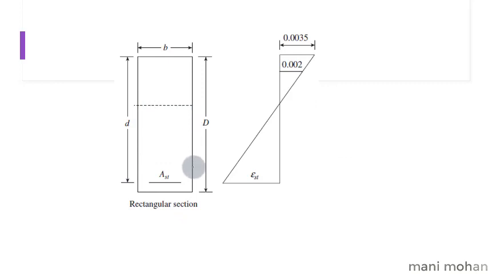Consider a singly reinforced section in which the reinforcement has been provided at the bottom. Now, this section is subjected to ultimate load. Under the action of ultimate load, the strain distribution diagram of the section has been made. So, this is my strain distribution. At the limit state of collapse, my maximum strain in concrete will be 0.0035. If we want to restrict maximum neutral axis depth, the strain in steel will be the yield strain.